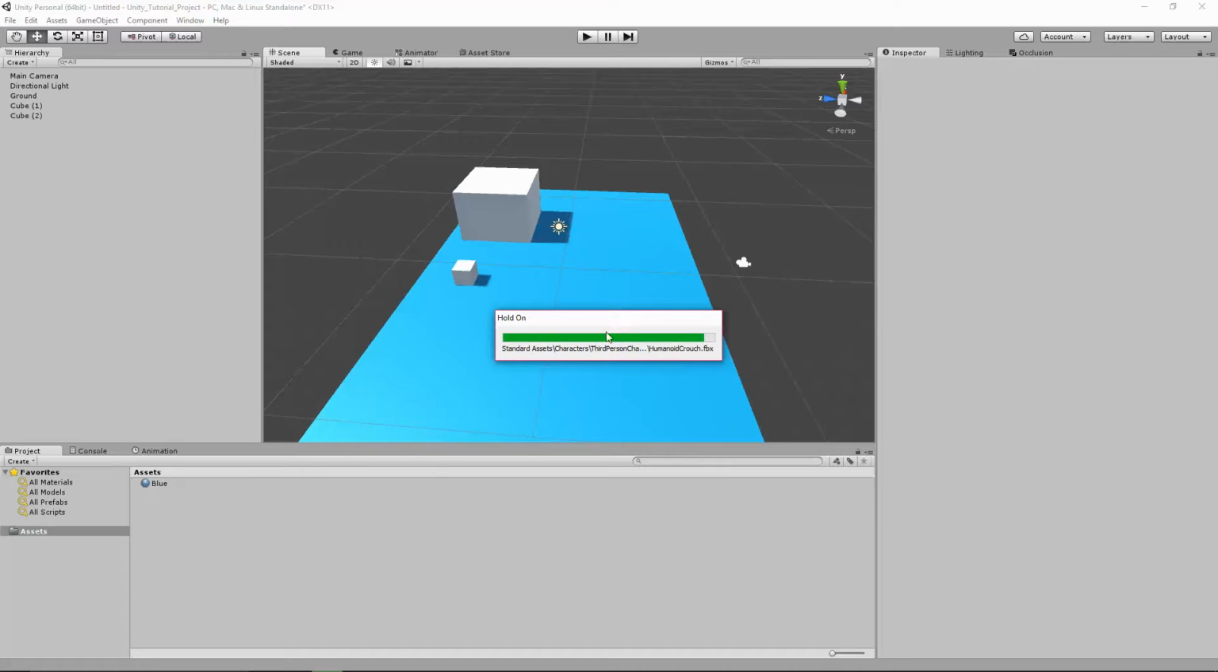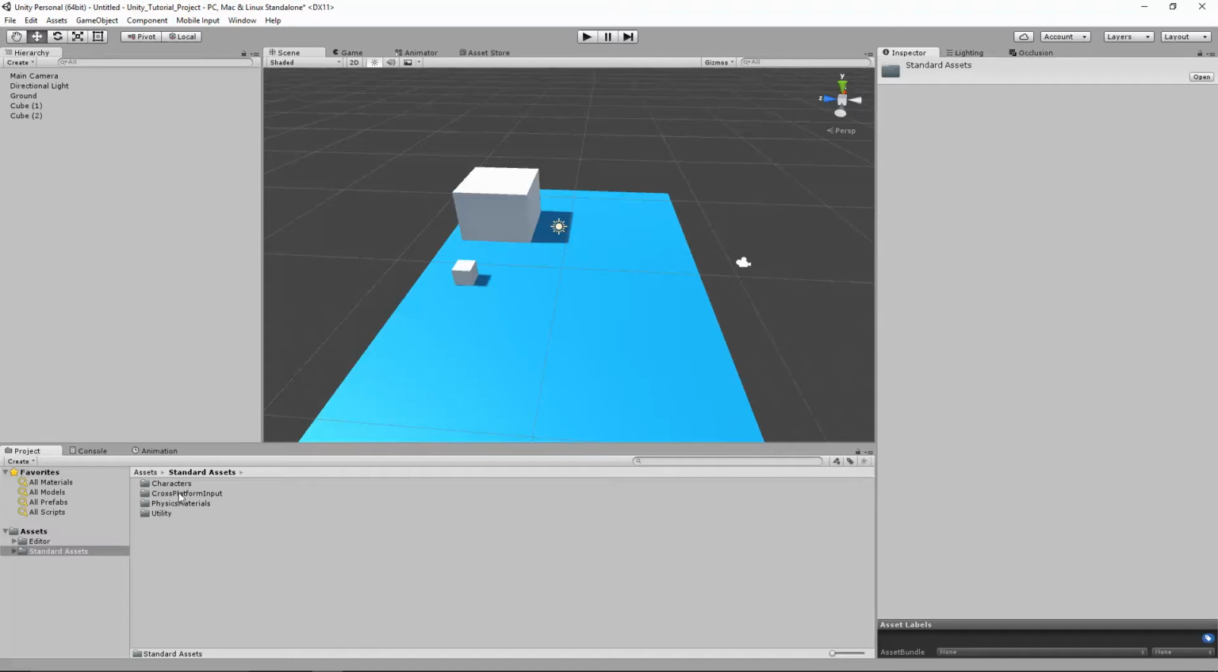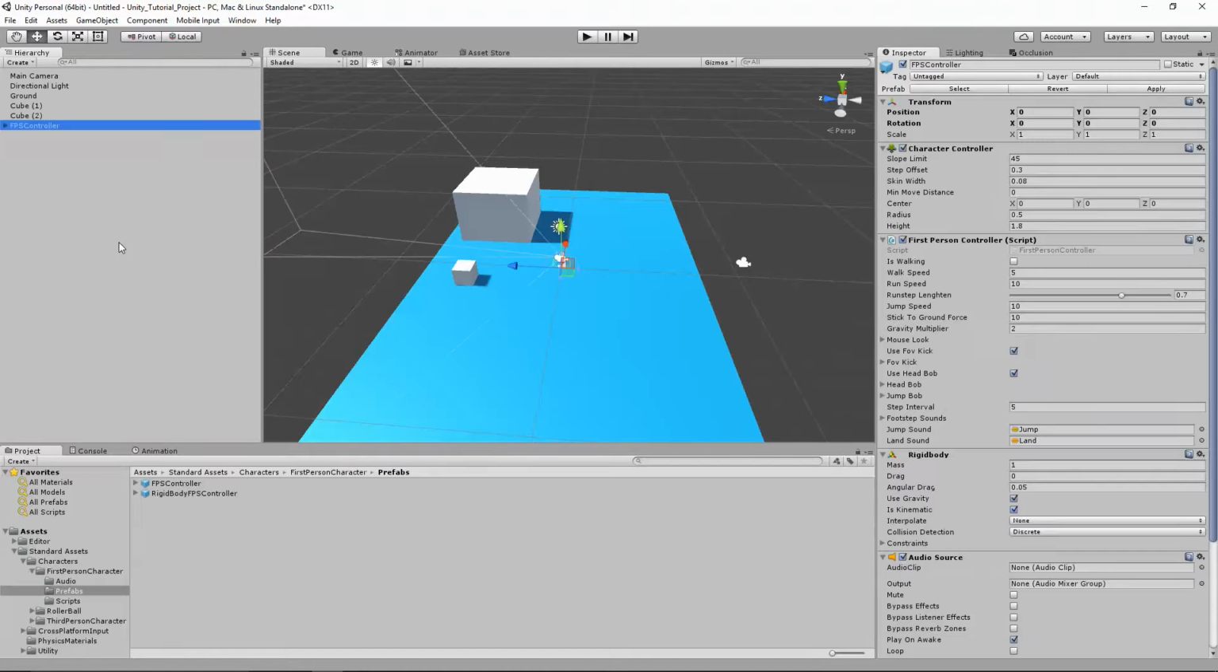So just give that a second. Here we go. So here's our standard assets. I'm going to open up this standard assets folder, go to characters folder, first person character, and then prefabs. And what a prefab is, is just a collection of objects and scripts that are built in a certain way. We have a first person controller, and I can just drag that right into the scene view or into the hierarchy, and that'll add